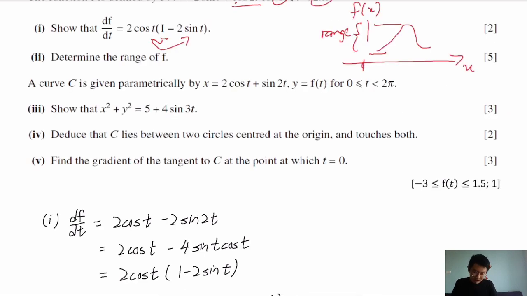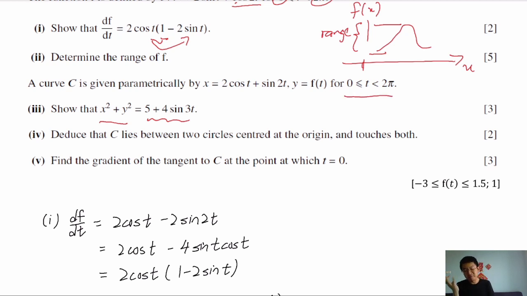Part 4. Deduce that C lies between two circles centered at the origin and touches both. How do we actually do this? We have x squared plus y squared equals something. So what is x squared plus y squared? It is the equation of a circle which has a center at the origin. And because the t is changing,